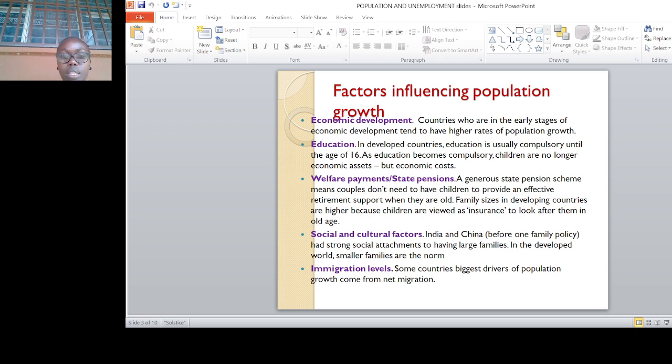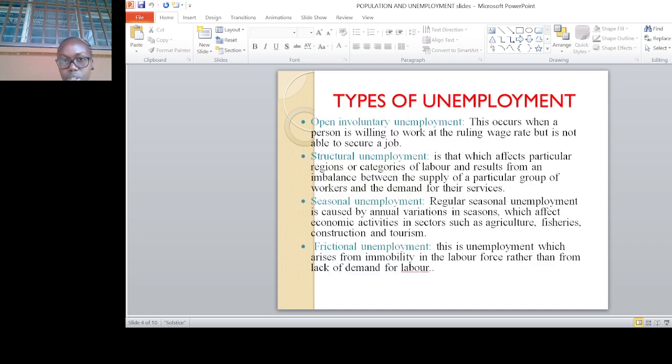There is also immigration level. Some countries' biggest drivers of population growth come from net migration. Then we go to types of unemployment. We have open involuntary unemployment. This occurs when a person is willing to work at the ruling wage rates but is not able to secure a job. There is also another type, structural unemployment, which affects particular regions or categories of labor